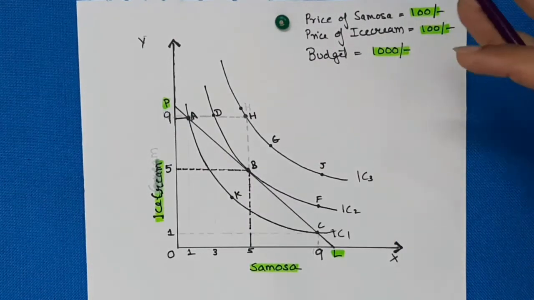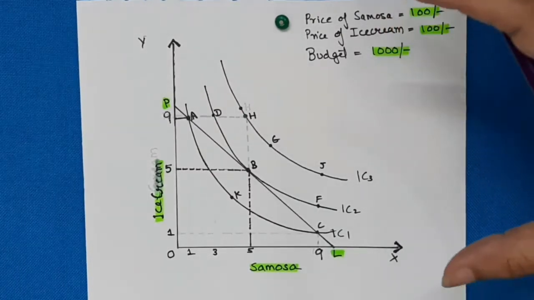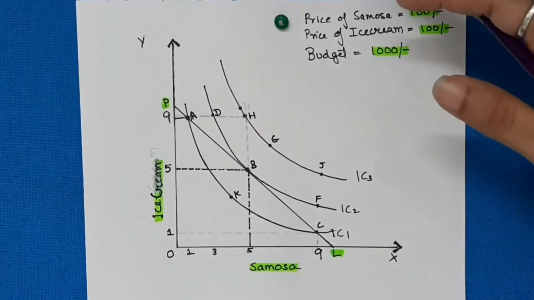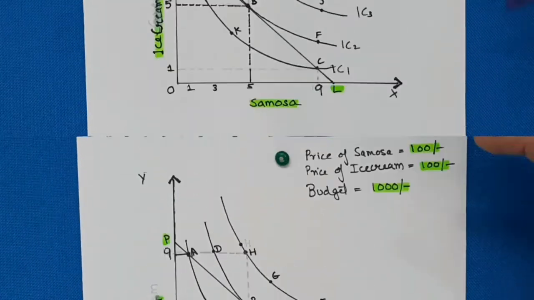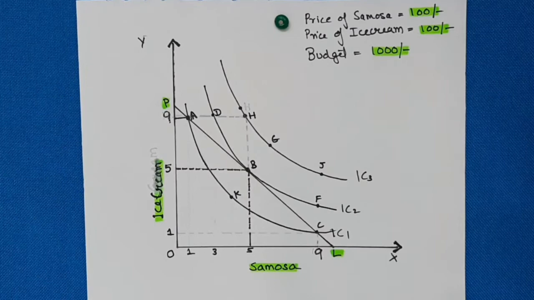The indifference map only represents the unlimited wants of the consumers, and any consumer, if they don't have any budget constraint, will definitely want to achieve the highest level of indifference curve no matter what, if she or he is a rational person. The second thing we have to understand is the budget constraint, which is the limited resources, and which brings scarcity, and which brings the consumer to exercise so much choice over what he wants and what he doesn't want, by combining these two issues together to cope with scarcity.